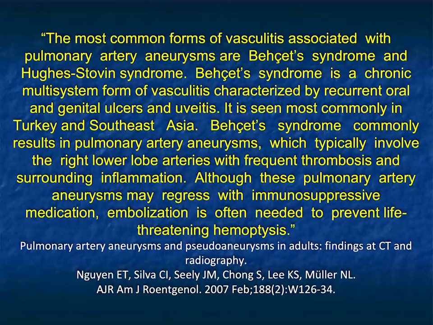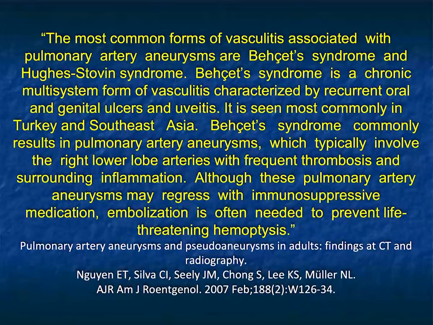I mentioned vasculitis as a possibility. The most common vasculitis associated with pulmonary artery aneurysms are Behçet's and Takayasu syndrome. Behçet's is characterized by vasculitis with recurrent oral and genital ulcers and uveitis. It's most commonly seen in Turkey and Southeast Asia. We see Behçet's every once in a while, not only with pulmonary artery aneurysms, but also with bowel involvement. One of the things about Behçet's disease